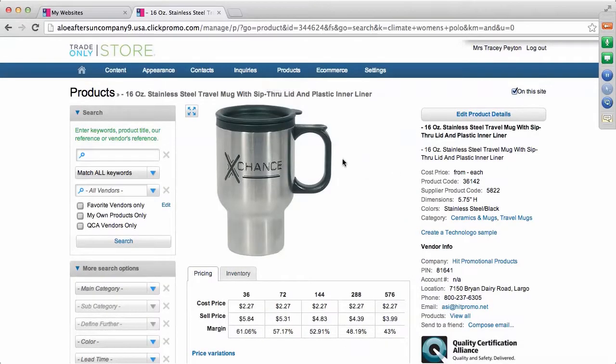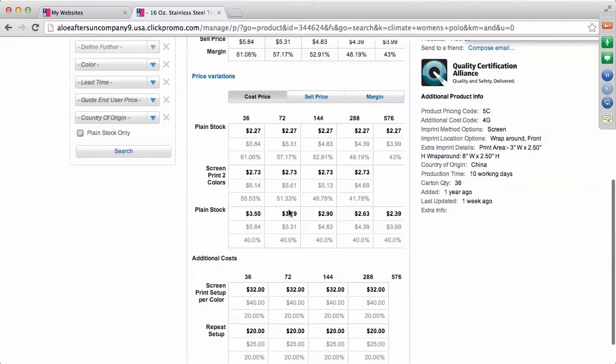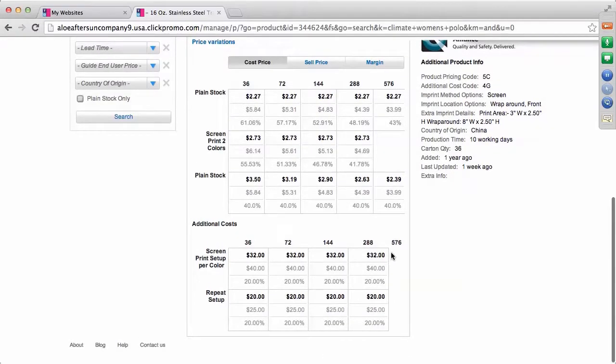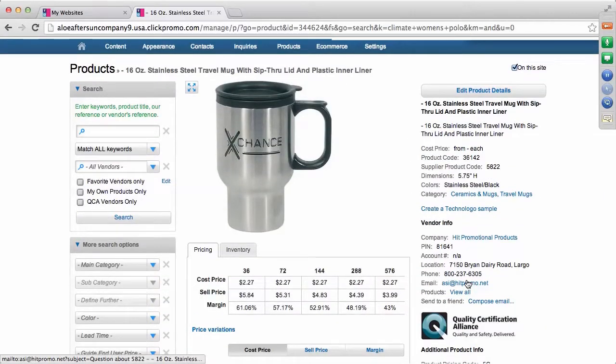And this is going to pull up again that information there for that mug, pricing and inventory. Now we've got our plain stock, but then this captures all the additional pricing. So you've got your screen print, 2 colors, setup charges, and so forth. So if you have to get a quote out to a customer based on an inquiry that's coming in on your site, this is where you would go to search for that product, access the additional cost imprint methods. It would be also where you could find the vendor information,